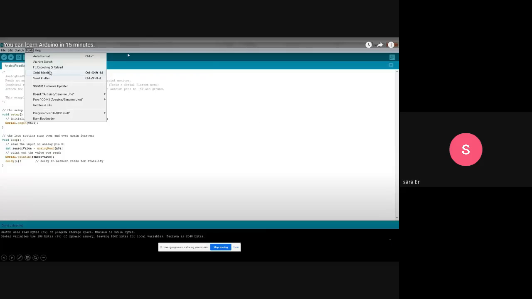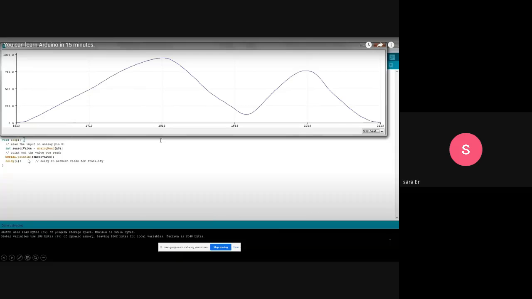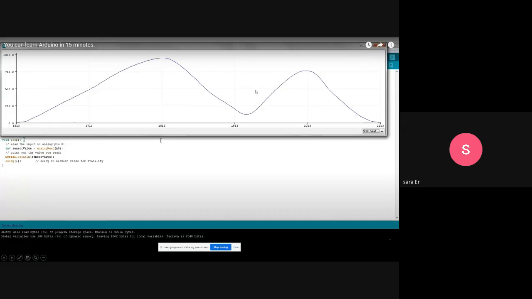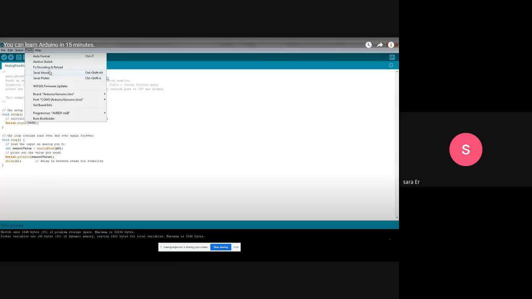This is possible by using the Serial Monitor because you use the Serial print function. And there is also another special interesting menu, the Serial Plotter. Serial Plotter is a very helpful menu that if you press it, you see something like this. It is very similar to an oscilloscope. The waveform shape will be shown to you by using the Serial Plotter.